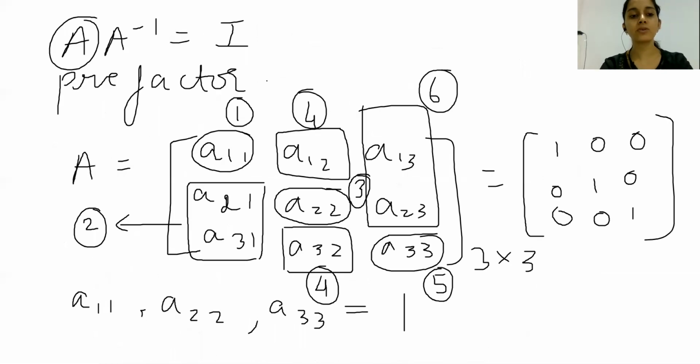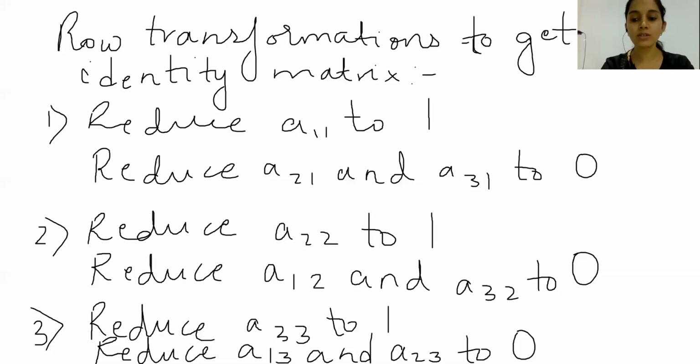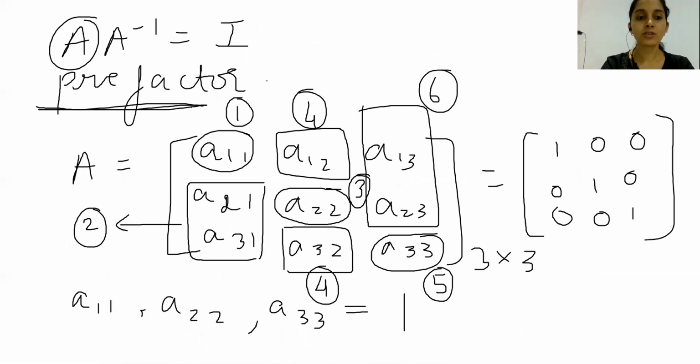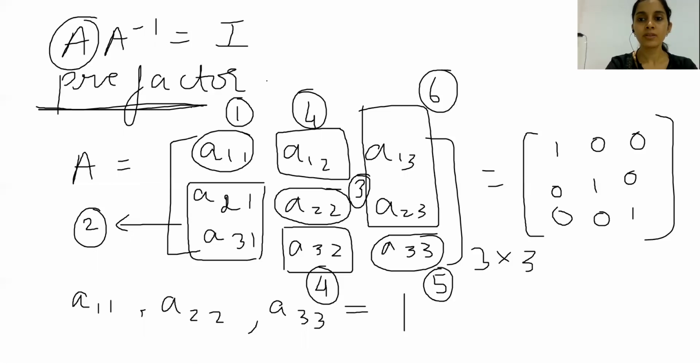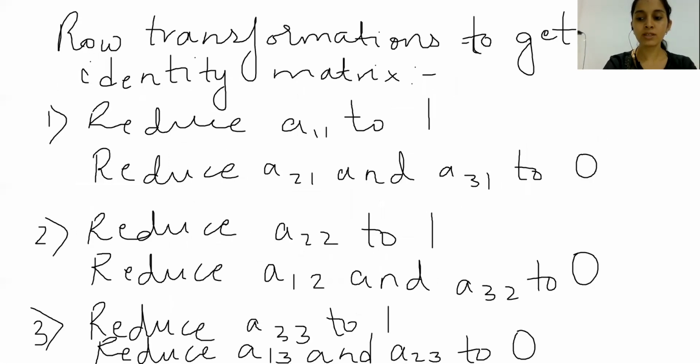When do we apply row transformations? When A acts as the prefactor. Okay, it comes before the inverse. Similar kind of column transformations you have to apply, not these. There will be different elements over here when you do column transformation. Also important to be noted, when will I do column transformation? When A will appear after A inverse, that is when A will act as the post factor. Okay. Now this is the explanation of how inverse is supposed to be solved. Now we will try and do some examples on the same so that it becomes clear how transformations are